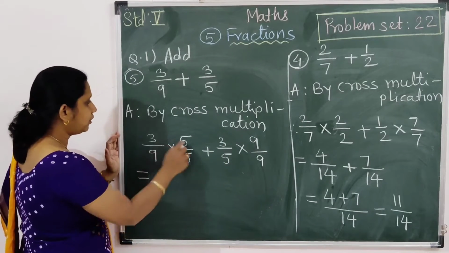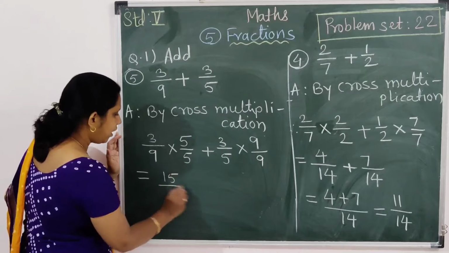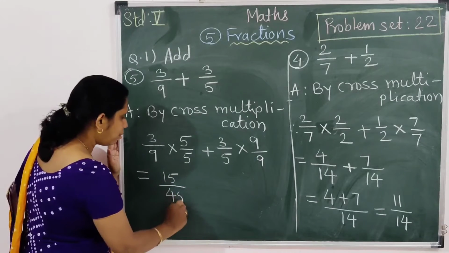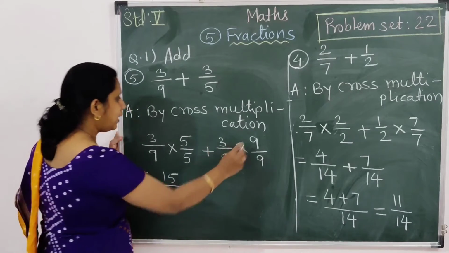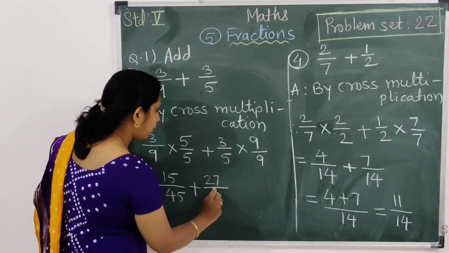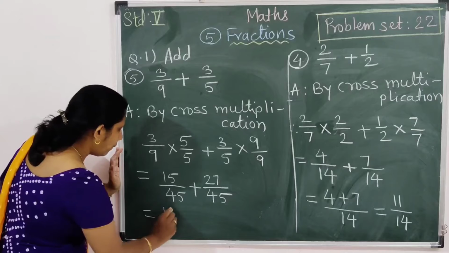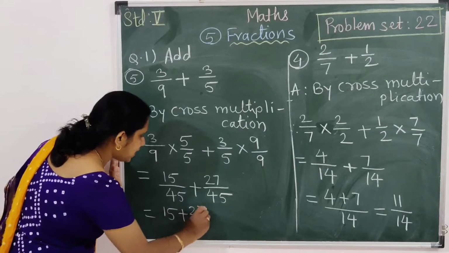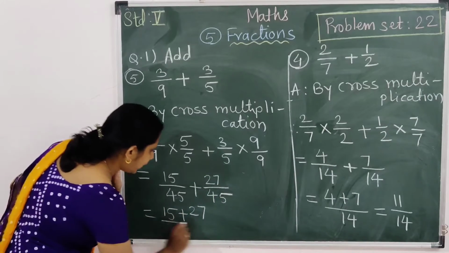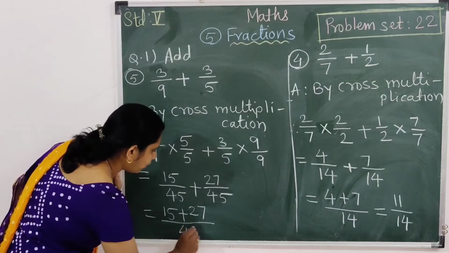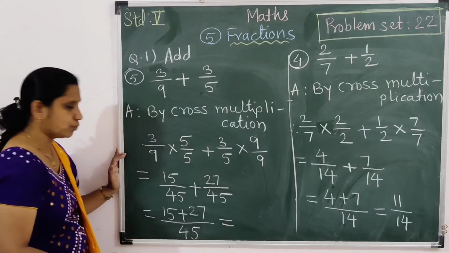This equals 3 5s are 15 upon 9 5s are 45 plus 3 9s are 27 upon 5 9s are 45. So 15 plus 27, because we have got the same denominators, upon 45, which is equal to